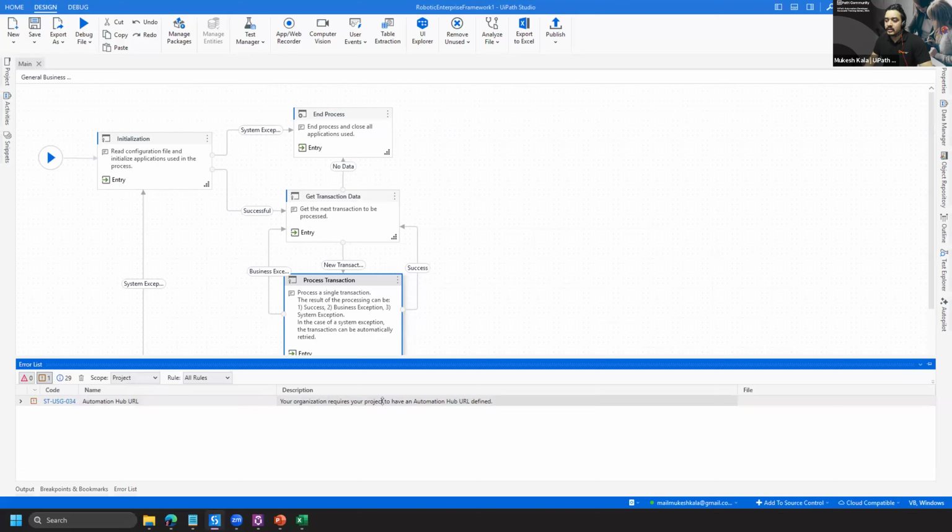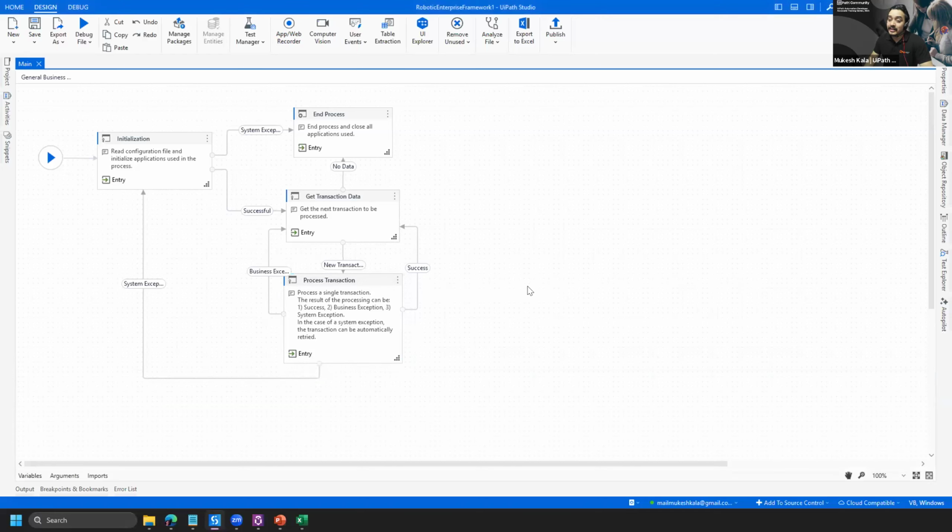See, your organization requires your project to have an automation hub URL defined. It says that, Mukesh, your company has set up a rule that you need to have this automation hub URL. Now, as a developer, I said, okay, let's ignore it, right? But I cannot ignore it because if I try to publish that,